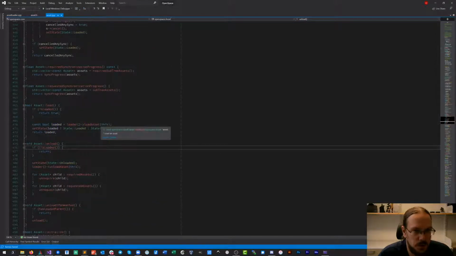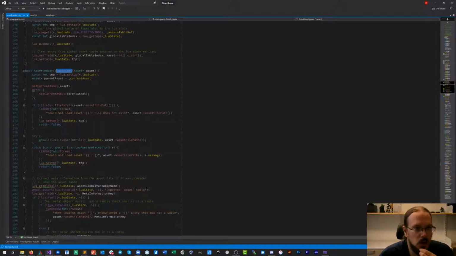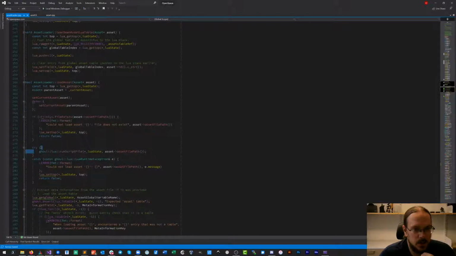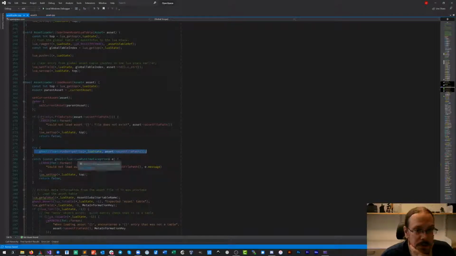The load function will go into the loader, load an asset, and now here's actually the call that will call the new child asset. So now what we want to do is pass into this function that we want to have the child enable all of its assets.